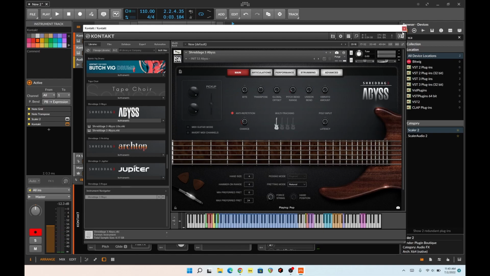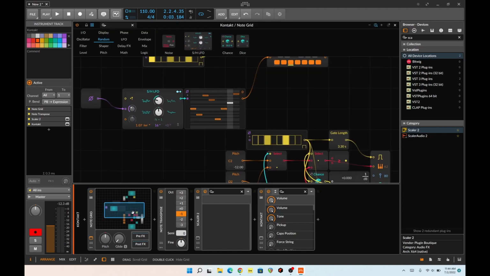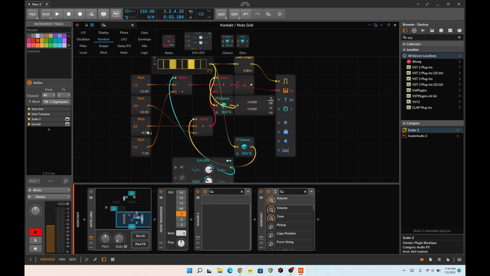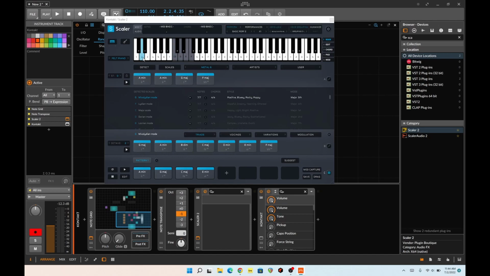So I got this abyss in here, or I should have had the abyss in here, and then I got the same thing as I just duplicated what I was doing up there, removed one of the things, and only left these going, and then dropped it down so that it'd go lower. Basically, it's not driving Scalar to these, it's driving them to here. So Scalar's here to keep it in G